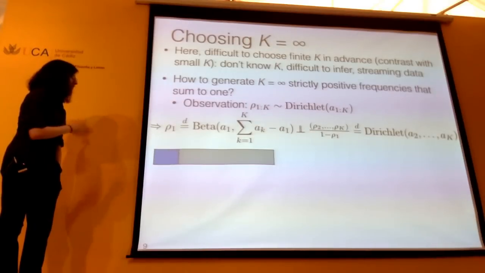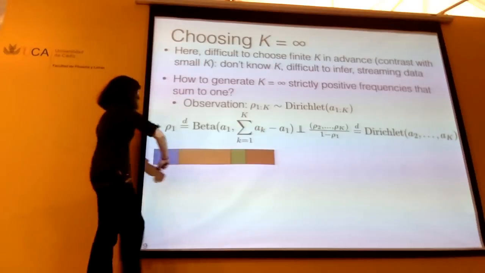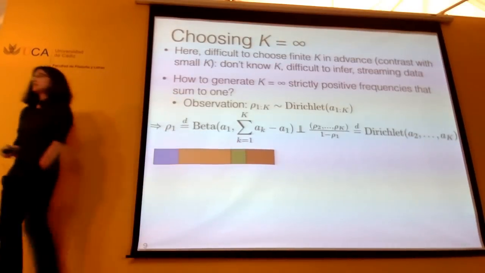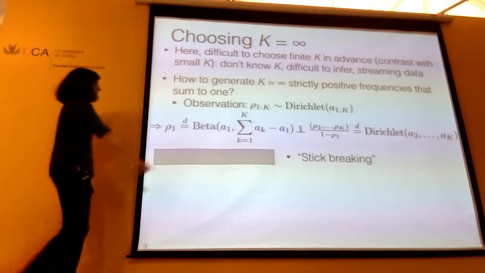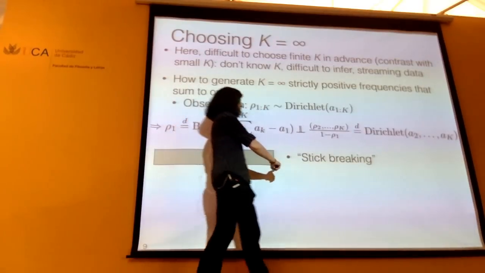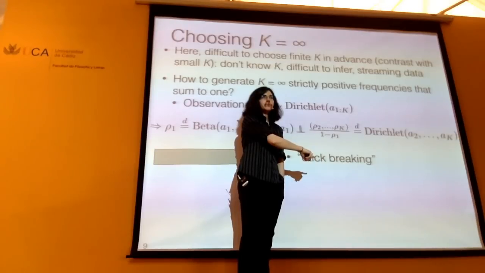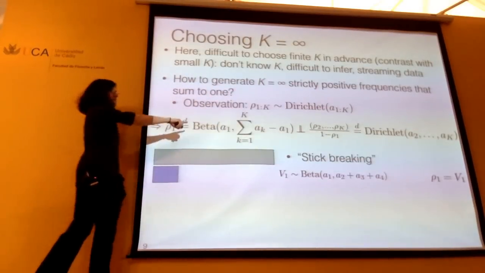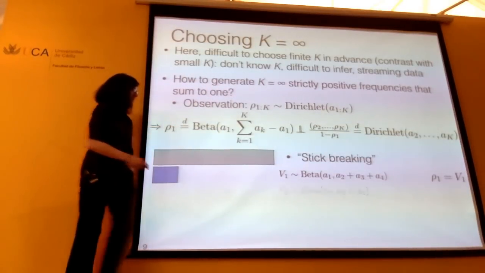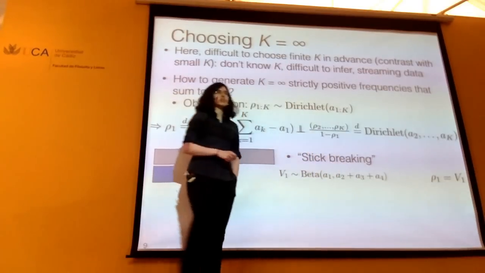Okay, so what is interesting about this construction then? I can get rho 1 and then I can get the rest of my rhos. But another thing that I could do is I could say, oh, I'm going to form my Dirichlet distribution recursively. I'm going to draw rho 1 from this beta distribution, which, in the case of k equals 4, will be exactly this beta distribution.